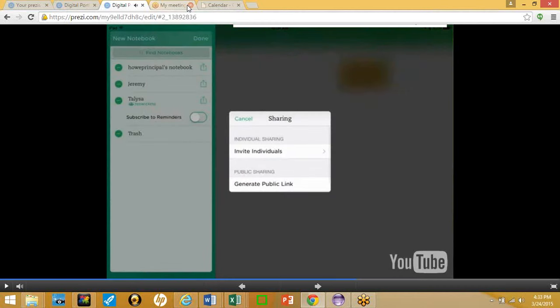And then I have a choice. I can either invite certain individuals or I can generate a public link where anyone can view that note. Because this is student information, I'm going to select Invite Individuals. And here you can add the email of the family member who would like to see everything that might go into Jeremy's notebook. And you also want to select permissions